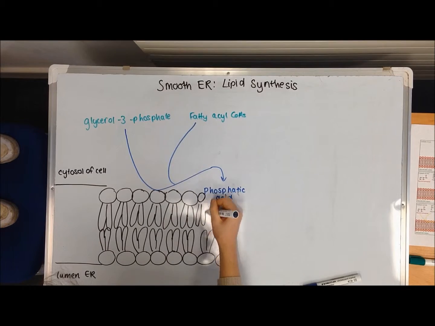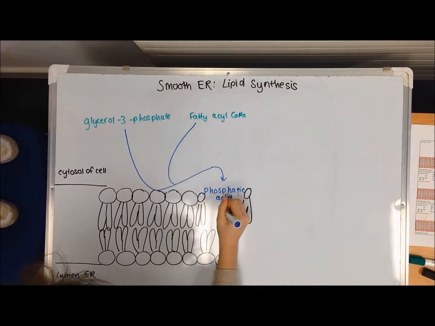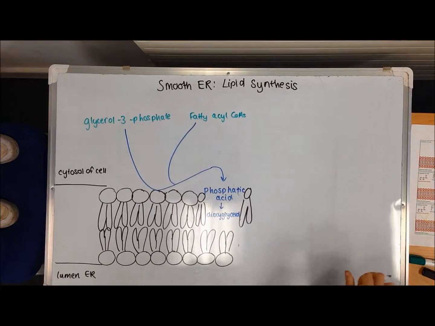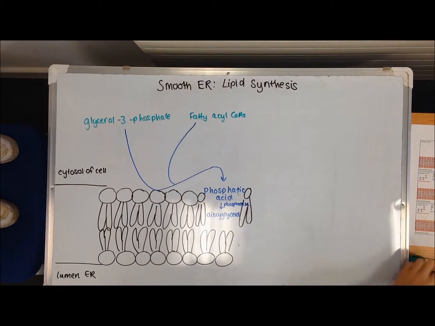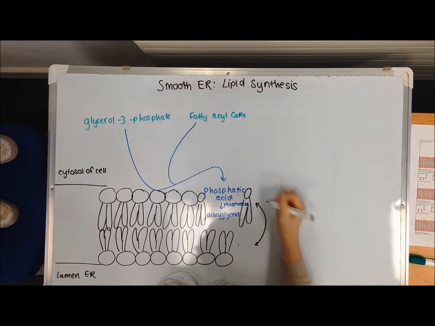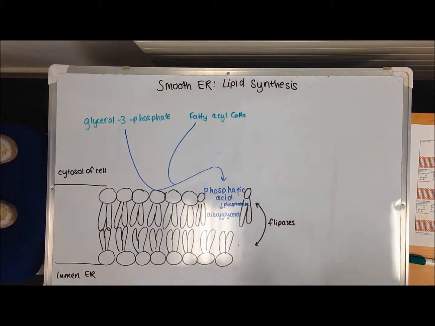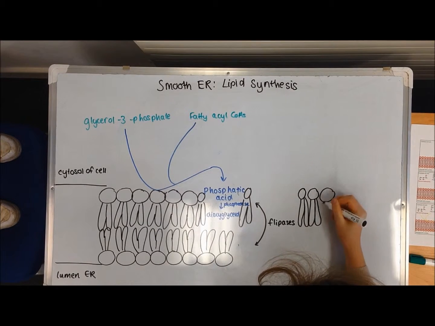Transported by coenzyme A carriers are two fatty acid chains, and these combine with glycerol-3-phosphate via an enzyme that is bound to the cytosolic side of the ER membrane. Phosphatidic acid is formed, and this phospholipid is inserted straight into the ER membrane. Phosphatidic acid is converted to diacylglycerol via a phosphatase. Different polar head groups are then added to diacylglycerol via enzymes in the membrane of the ER, forming different phospholipids